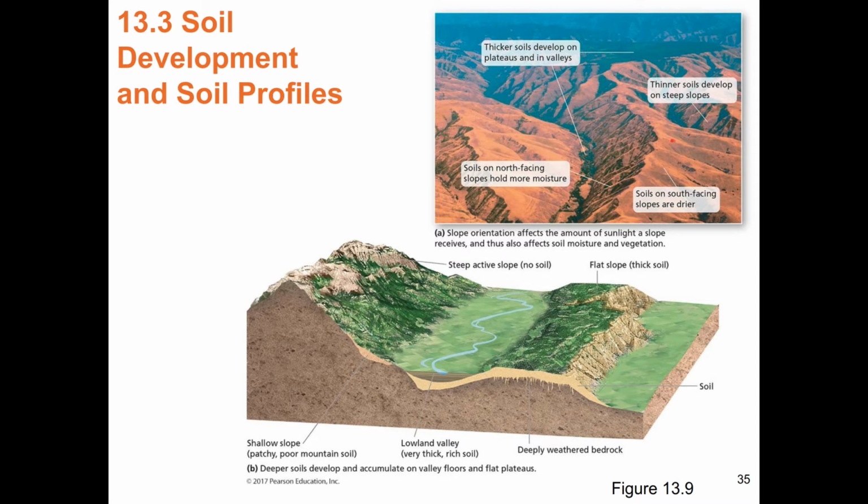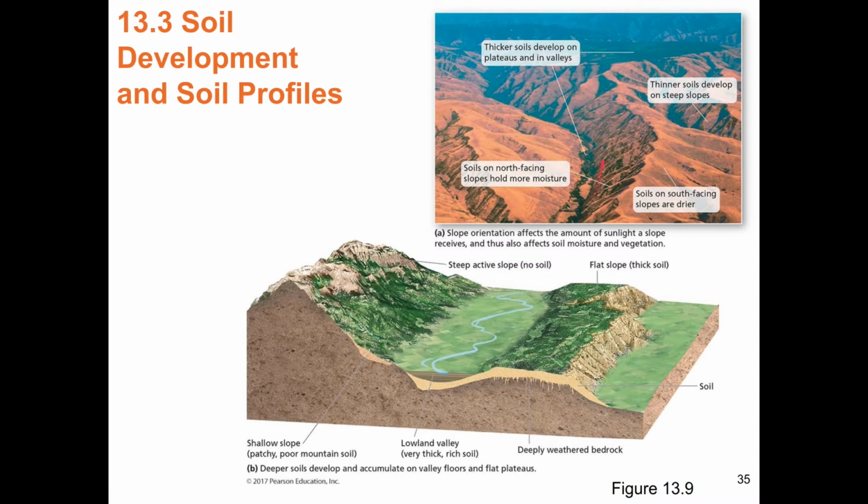So here we've got slope, we've got aspect. South-facing slopes are drier, north-facing slopes are wetter. Flat slopes have better soil. A floodplain would have really good soil. Steep slopes are going to have shallow soil. So if the slopes are too steep, you're going to get bad soil or not very fertile soil. Floodplains, really good for soil. Flat areas, good for soil.